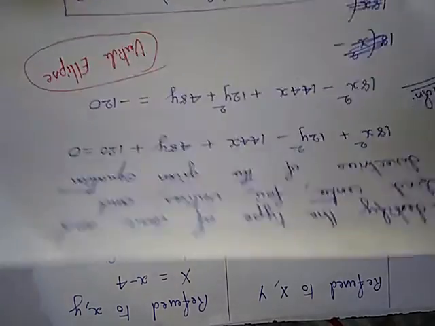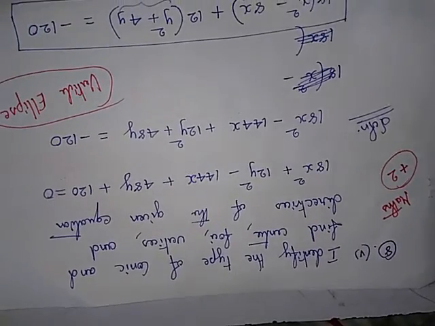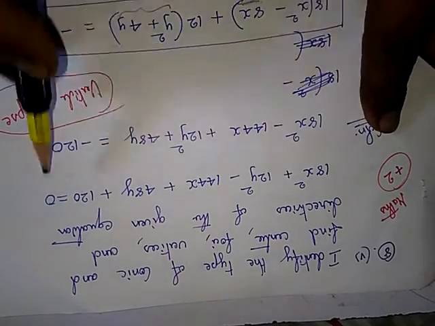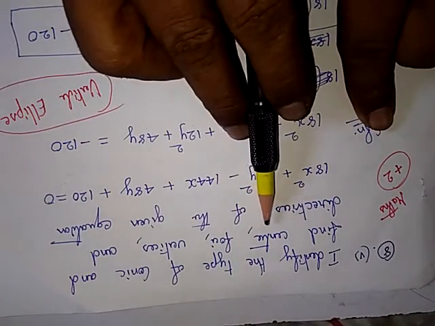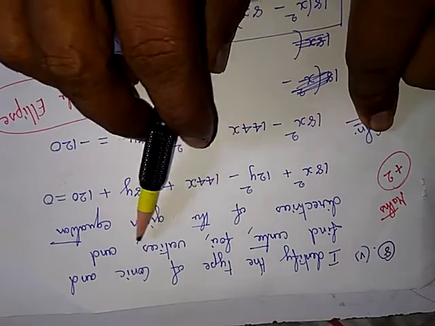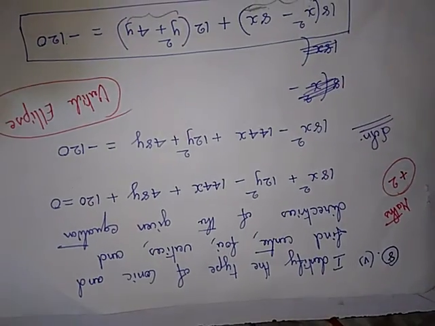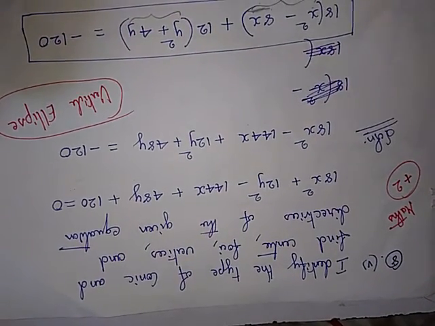This is a 12th standard plus 2 maths problem. They have asked to identify the center, foci, vertices and directrix and the type of conic. So basically this is a vertical ellipse and we have found all the answers.